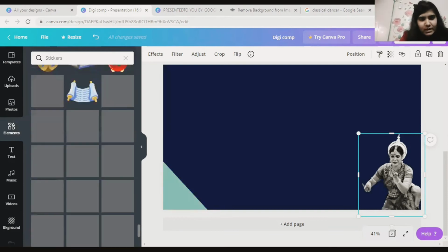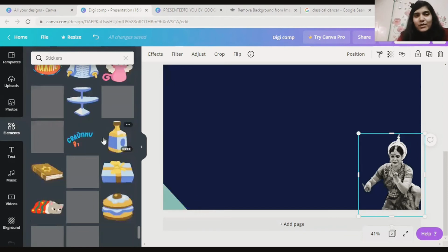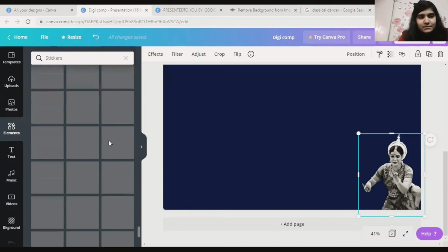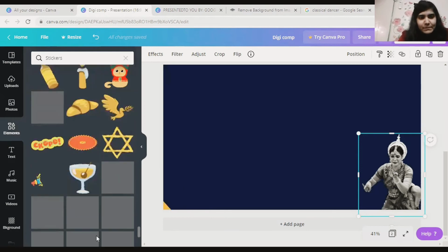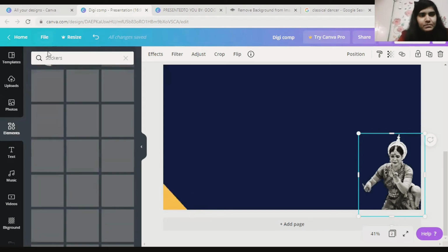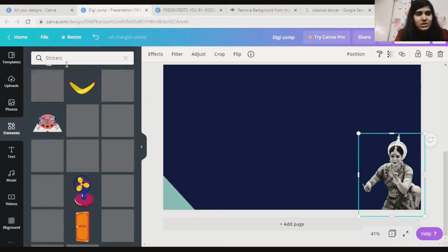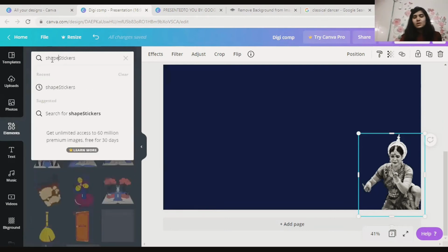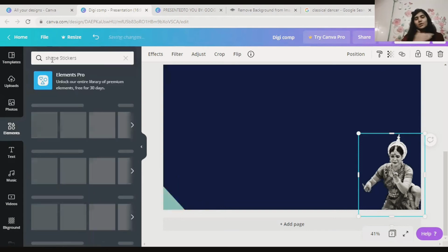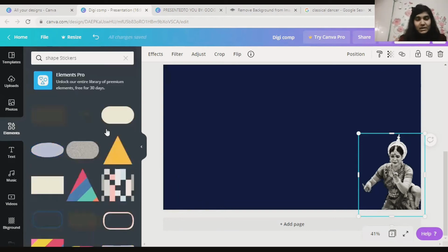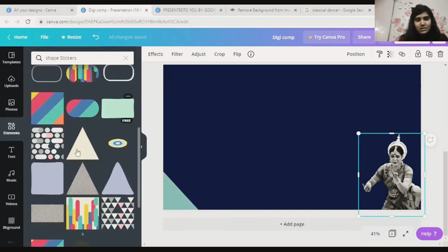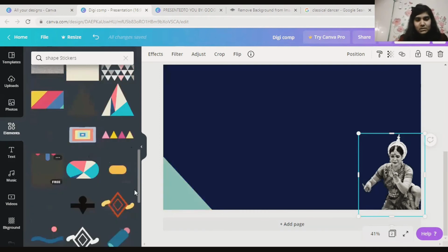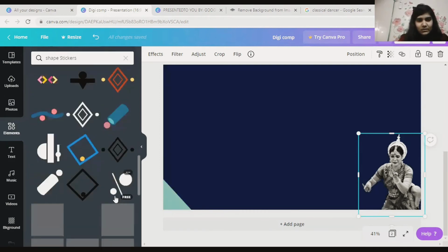I'm not able to find the right kind of sticker here as they have included a variety of stickers in this part. But yeah, just click again and shift, let me see if I can add something of that sort. When you go through all these stickers, you will obviously find the right kind. But I do not want to increase the video timing because that will be very boring to watch. So I do not want to waste time finding the right kind of stickers.